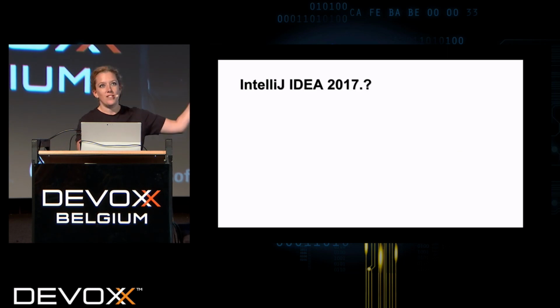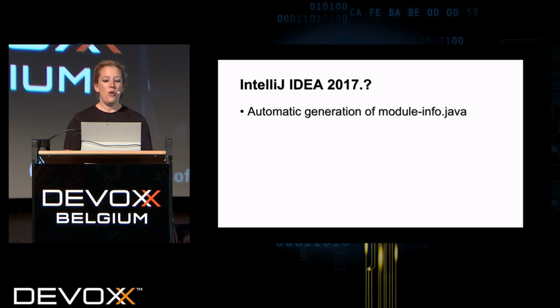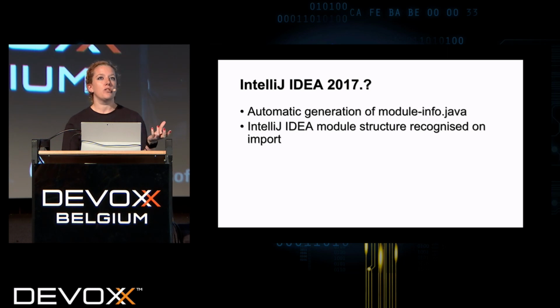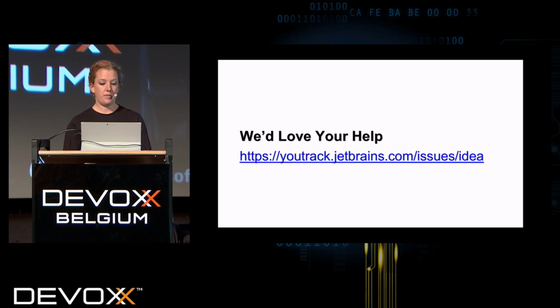Coming in some version of IntelliJ next year, hopefully, automatic generation of module-info Java files from the IDEA module structure. This will be useful if you do start migrating to Java 9 when it eventually comes out. At some point next year, probably, you'll be able to start generating Jigsaw type projects from your existing code. And when you import a Jigsaw project, IntelliJ IDEA will understand that and create the right modules for you. Also, we'll have support for JLink artifacts as well.